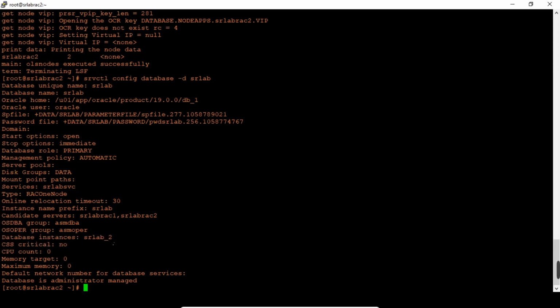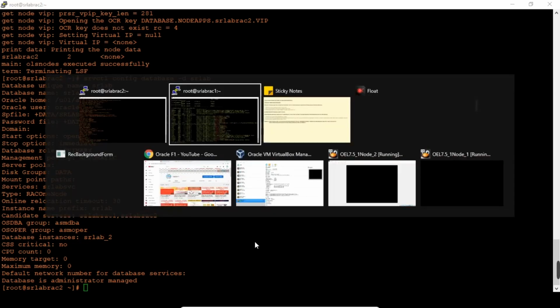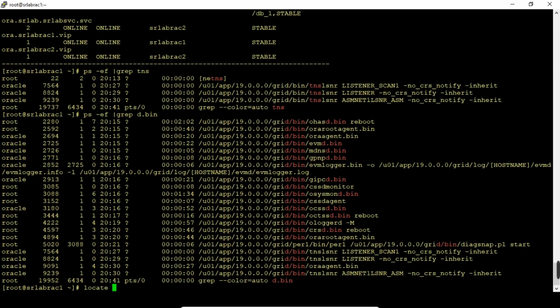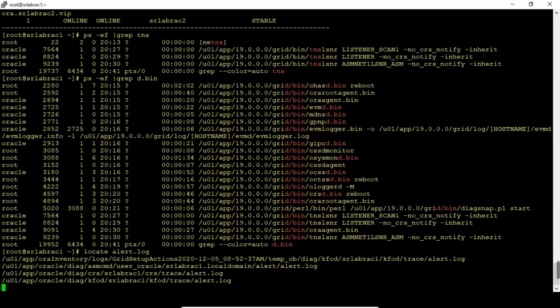Now I am going to shut down the server, rack node 2. I am going to terminate it completely. So what will happen? Let me get the CRS alert log from here. Now I'm going to spill over.